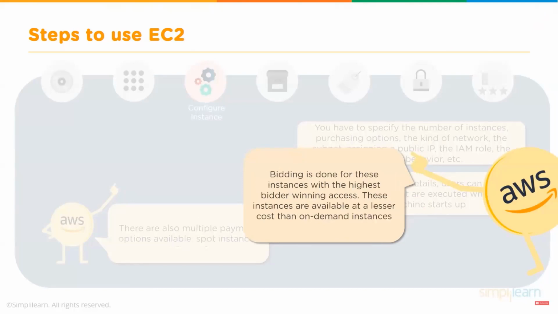Not only that, you can also go for spot instance, like bidding for those instances. Whoever bids more, they get the instance for that particular time. Well, these instances are a lot cheaper than on-demand instances. And through bidding and buying, you can keep the instance as long as your bid price doesn't exceed the price